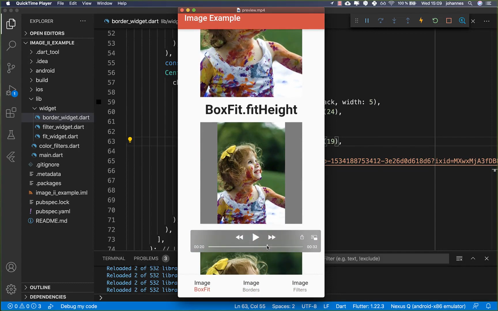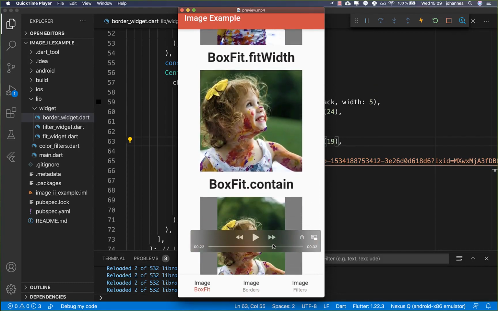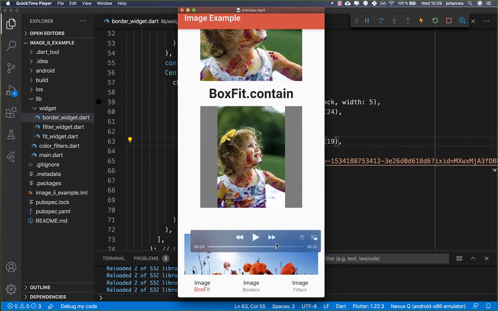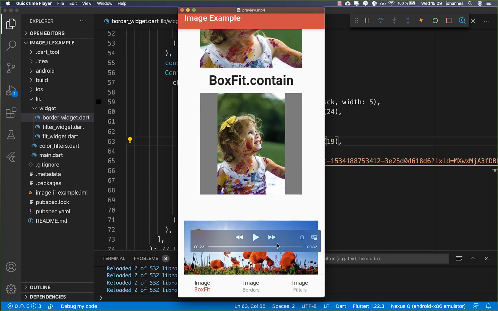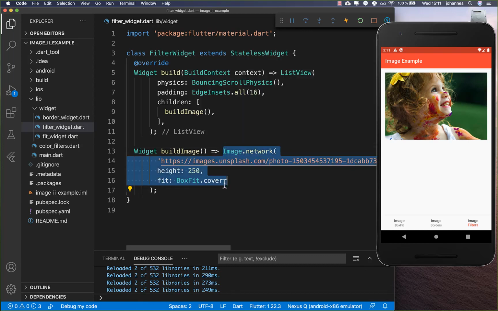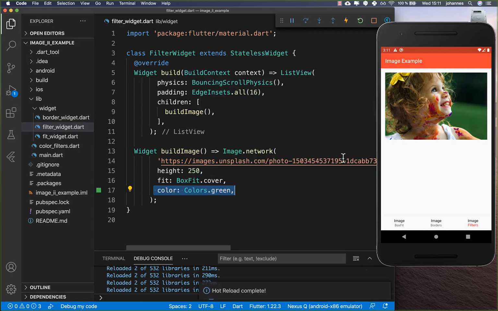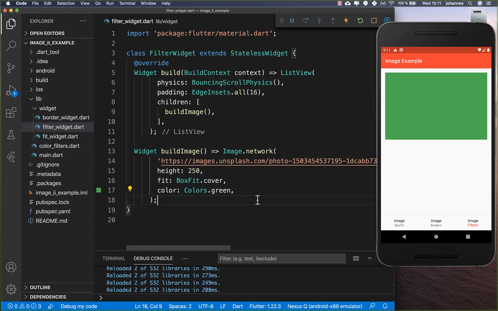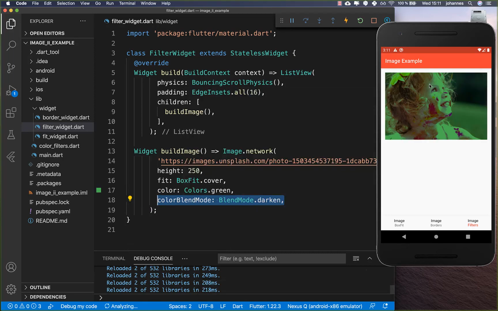After it we want to go over and also create this box fit and look at how we can basically fit our images correctly inside of our boxes or our widgets. I have created some image again, and this time we want to add the filter, so we simply put a color inside, and then we have for example the screen color, and then you can also set a color blend mode, and this will then make our image more green, and you can basically also change the colors, so all our images are blended with the color